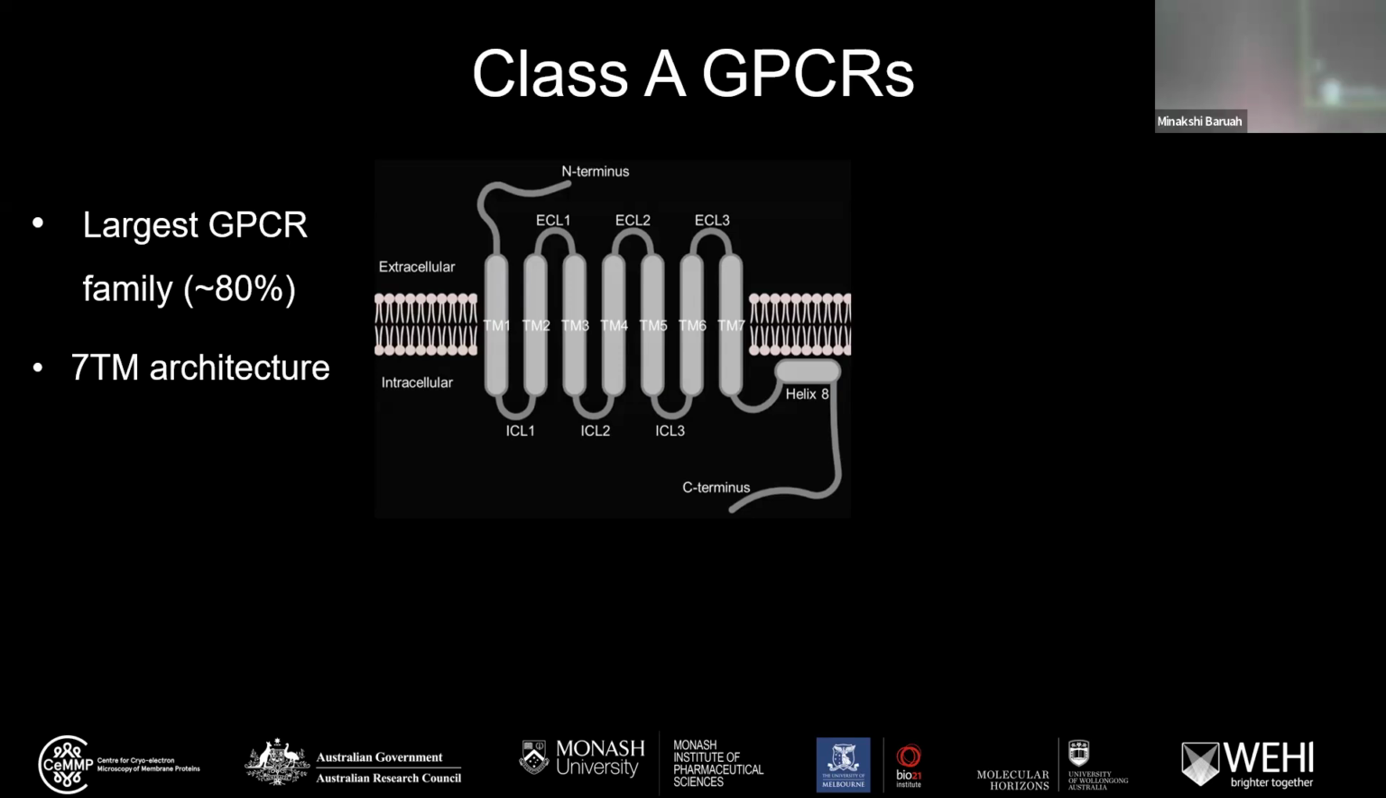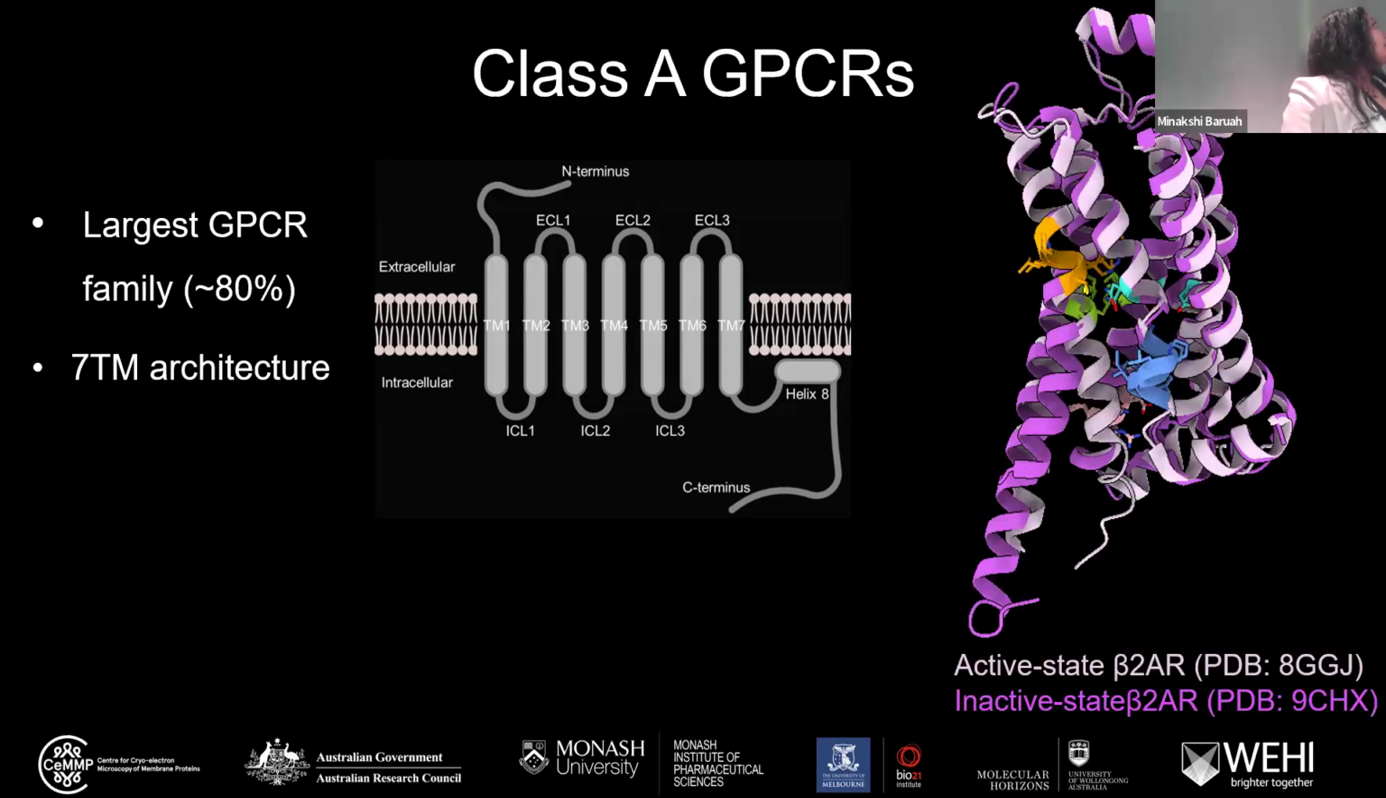So these receptors represent the largest GPCR family, and they are characterized by the classical 7 transmembrane architecture, with 7 transmembrane helices, 3 extracellular loops and 3 intracellular loops, with an N and C terminus as well. Apart from that, class A GPCRs also have some conserved